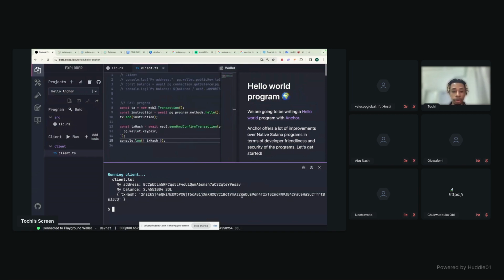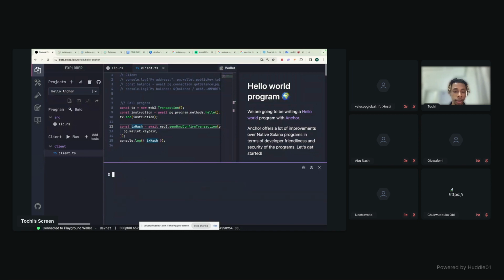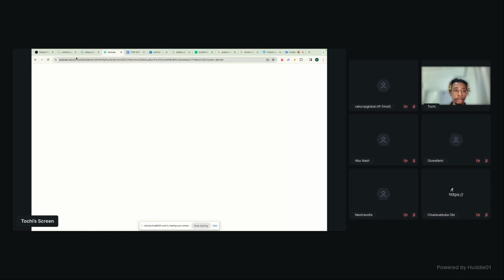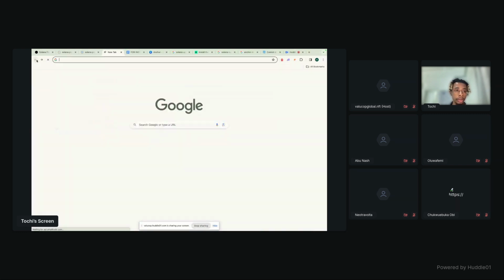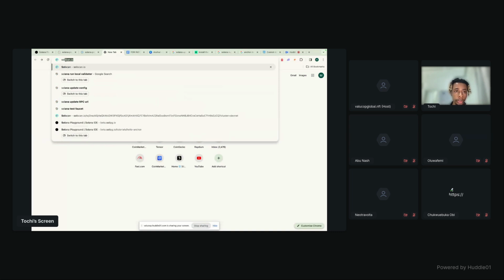I'll just continue. When you print this transaction, you see this transaction hash. You can track it on Solana Explorer and see what's involved in the transaction. To go over this again, let me execute this transaction. When we run this command, this is what we get. If we take this transaction hash to Solscan,